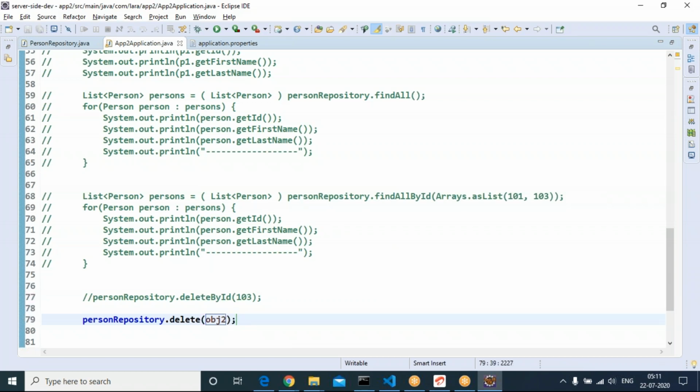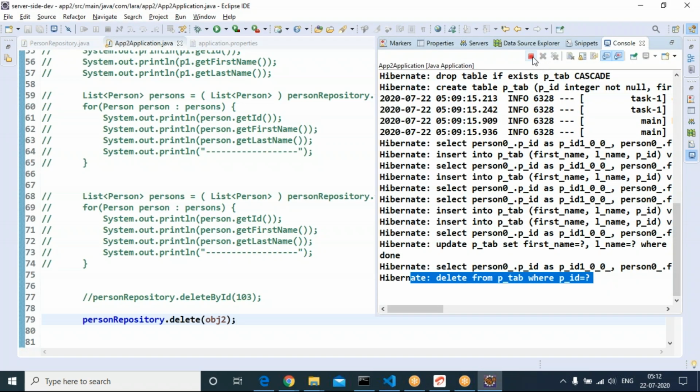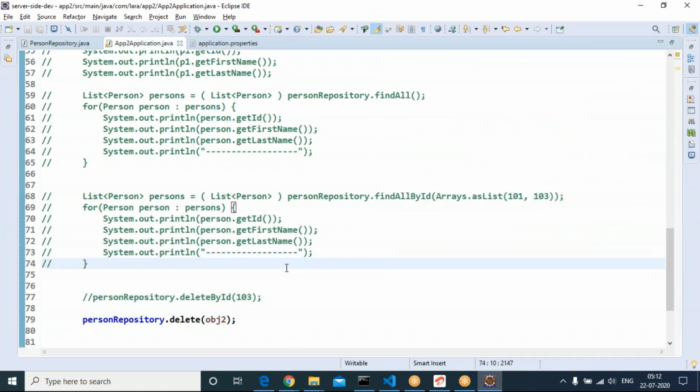Whichever object you have, specify that object itself. Obj2, it is for 102. Specifying the object itself to delete. Stop the application. Start the application.